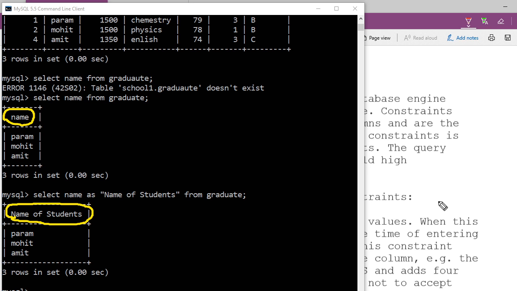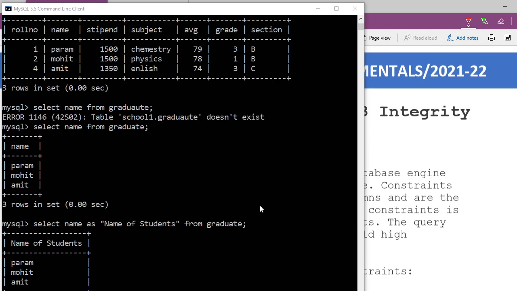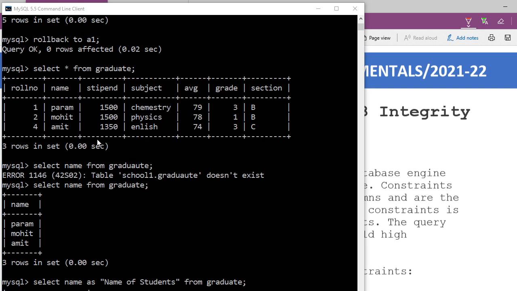If I'll say here now, listen to me. I want to print name of the student with stipend, and stipend I want to change as bonus, and I am going to give bonus stipend plus 50 rupees. Have you understood what I told?